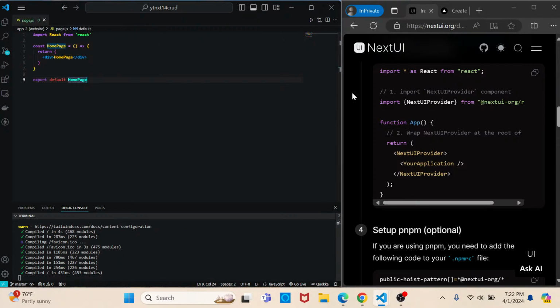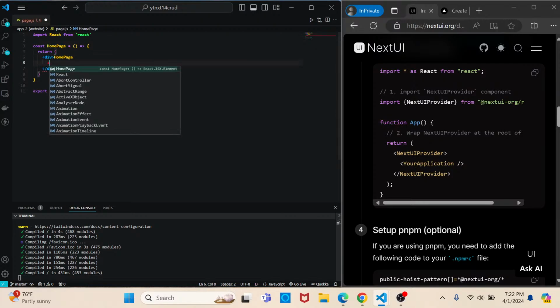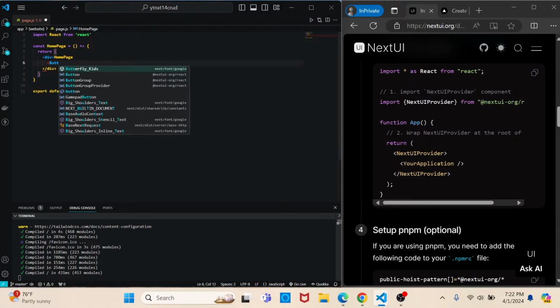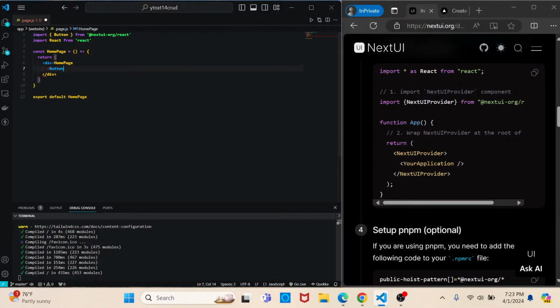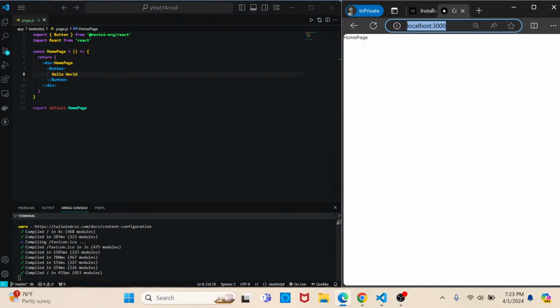And just to make sure that the Next UI is working properly, underneath the word homepage, let's type the less than sign, capital B. And what you should see after you've typed in the letters is that we have nextui-org as an option to be imported. If you click on it and then close out the button and then just say hello world within the button, click save. And if we go back to our localhost 3000 and refresh the page,